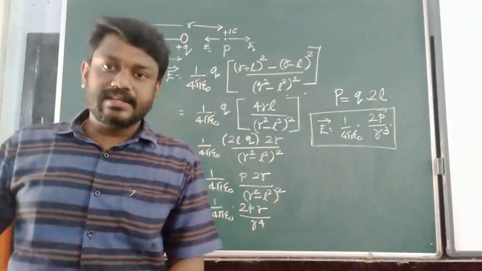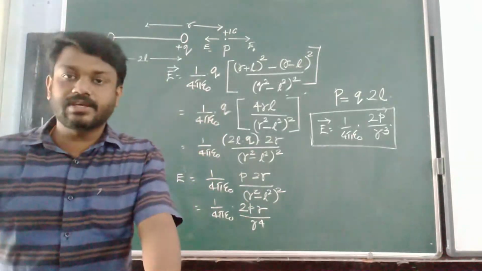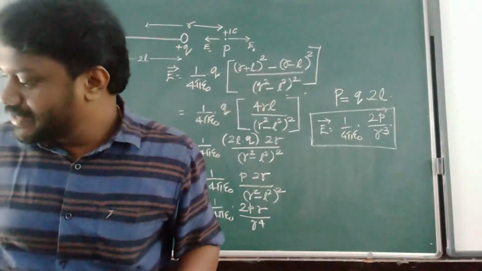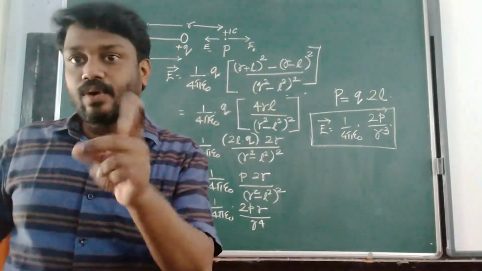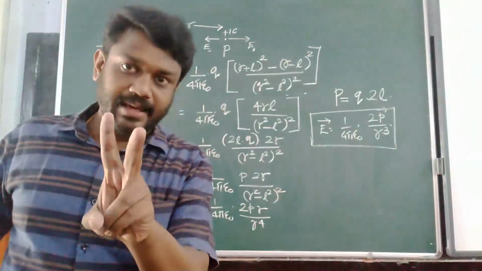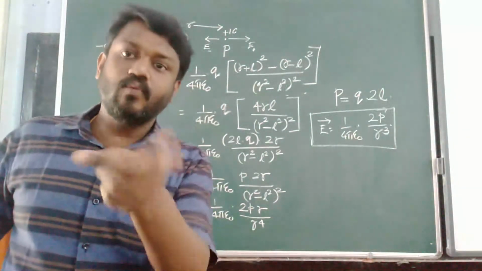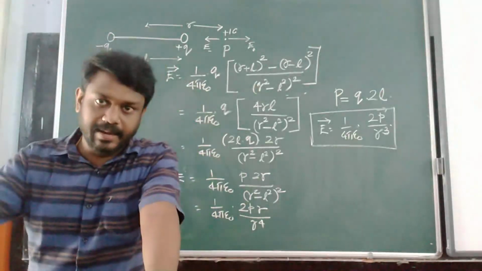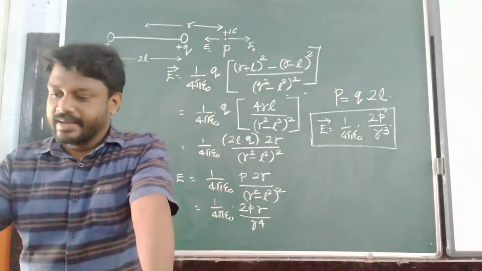When you are taking the total sum, remember that the direction due to plus Q and the direction due to minus Q are opposite, so when you are adding they are acting in opposite directions. So, one will become negative. E minus will become negative and E plus will become positive.